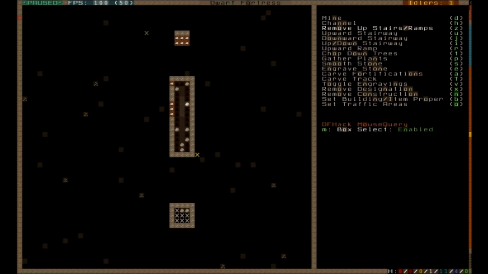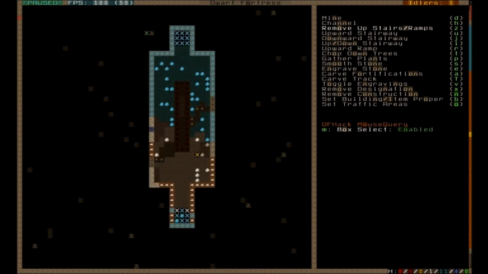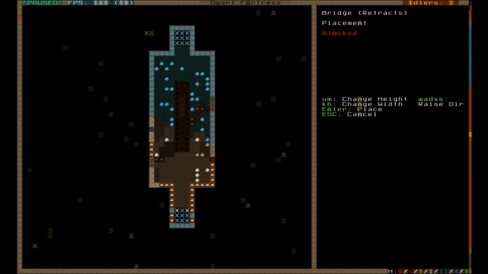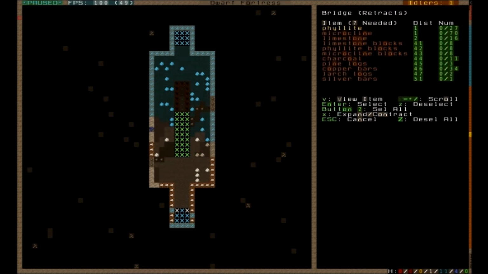We're going to get rid of all those ramps there, and then we are going to also build a bridge that is going to be a double drawbridge. It's going to be 3 wide and connect like that, and it will retract down. Yep, retract down like that. So there we go, and we will build that out of microline,